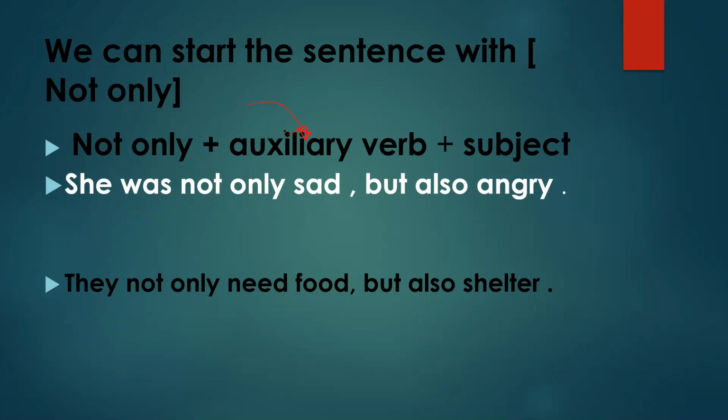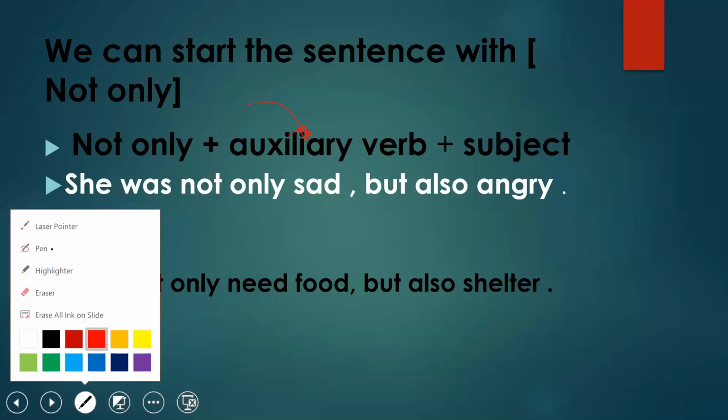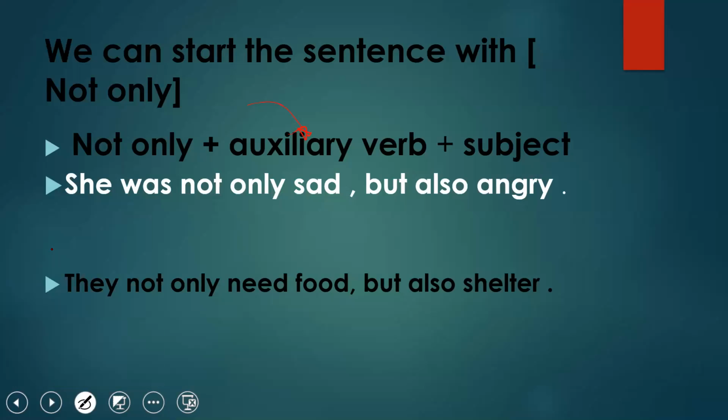Let's wait and see. The auxiliary verbs, have a look here. I'm going to tell you what the auxiliary verbs are. The auxiliary verbs are what we use to make a question. How do I make a question in the present simple, for example? We use do or does. What do I use to make a question in the past? I use did. If I have the verb to be, is, are or was,